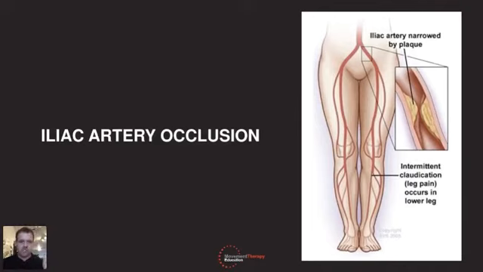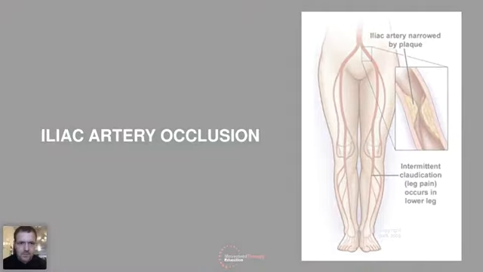So an occlusion is basically a blockage. So you've got the lumen of the artery, and then when there's a build-up of plaque on the inside, as Peter was saying, you get changes in the blood flow to that region. Okay, so I'll just pop something on here.